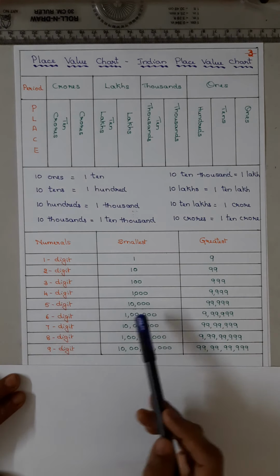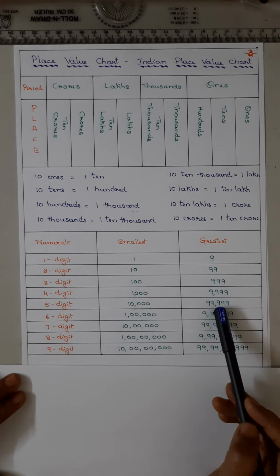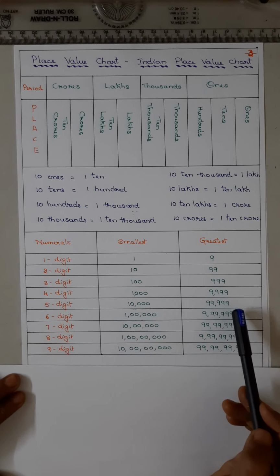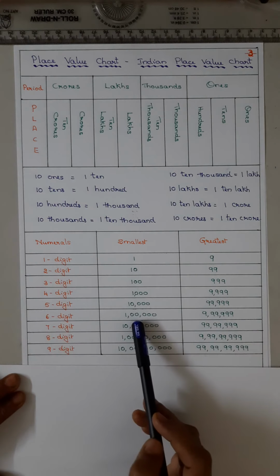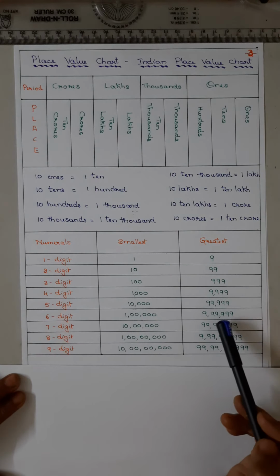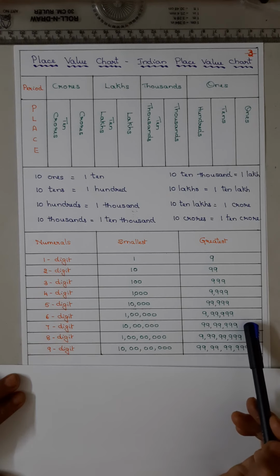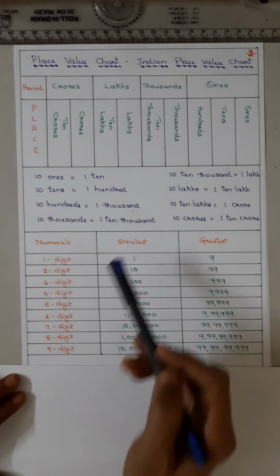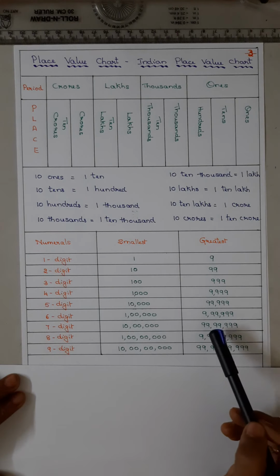Smallest 5 digit is 10,000, the greatest is 99,999. Smallest 6 digit is 1 lakh, the greatest is 9,99,999. The smallest 7 digit is 10 lakh, greatest is